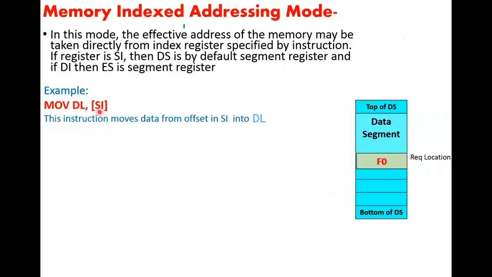Now see, the instruction is MOV DL, [SI]. So we need to track this one, how to calculate the physical address. You know very well. It has the 16-bit offset, and we should add this with the segment address. Then we will reach this required location. In this location 8-bit data is there, that is F0. That F0 will be transferred to this register DL. I hope you understand this indexed